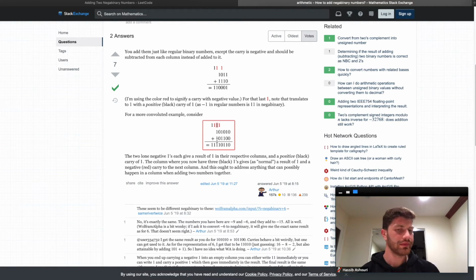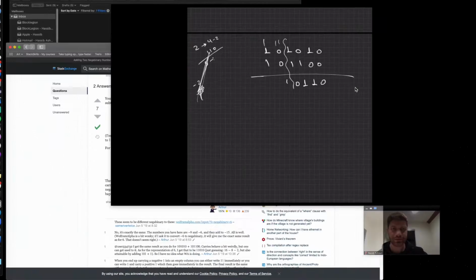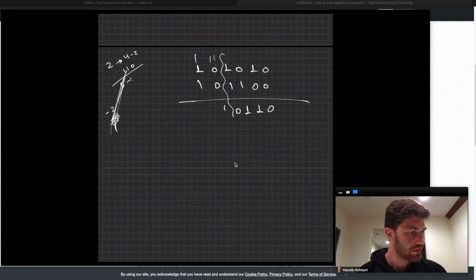Okay. Let's go back to my notes. So this is a -1. So a -1 is 1, 1. So I'll go down and I'll write it as 1. And I have another one. This is a positive 1. So I'll get 3. This is the final number. I know I'm not doing any math anymore. So what's 3 in Negabinary? 3 is